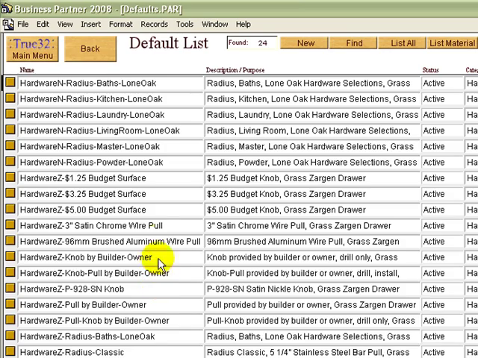This one is much like the materials, in that you have the list of the different ones and you have to name them what's appropriate to you. Anything will work, just whatever makes sense to you. In this case, I've separated out my Nova Pro drawers. Here you see an N behind the word hardware and a Z. So all the ones with an N have Nova Pro drawers selected, and all the ones with the Z have the Zargen drawers selected. And I have some here that are builder specific based on a package that they do